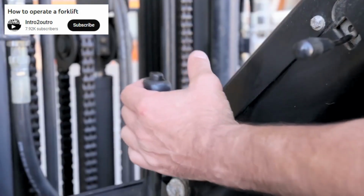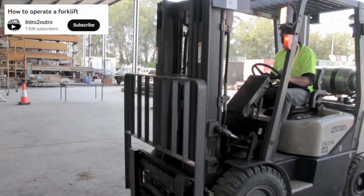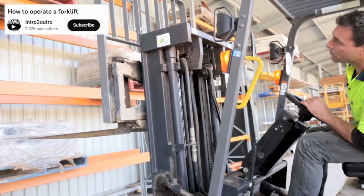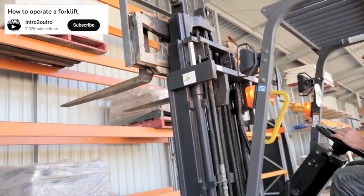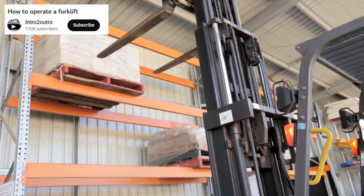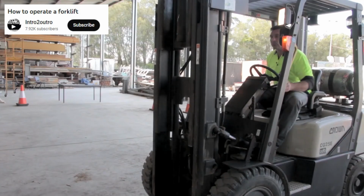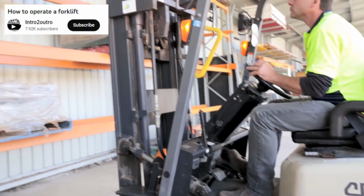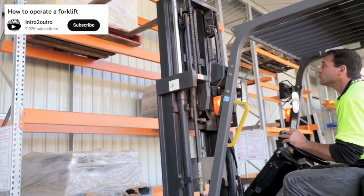Now that I have my position, I'm selecting a neutral gear, applying the handbrake, making sure that the mast is in a vertical position prior to raising. Now that all those things are in place, I'm now going to raise the forks to the required height. Now I'm at the required height, I'm going to release my handbrake, apply the machine into forward gear and travel